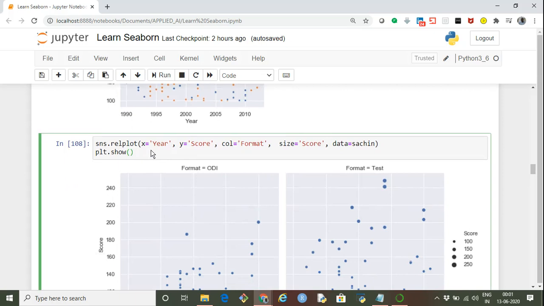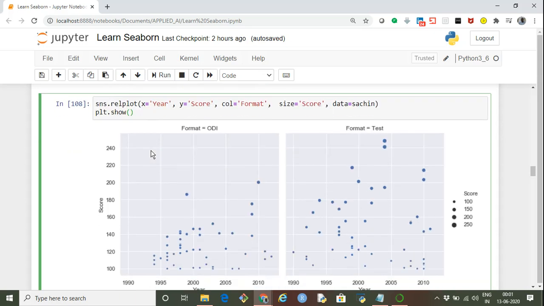Now, if I want to segregate the plots based on the format, I can add one extra parameter called col. Let's say I want to separate the plot into a columnar format based on some specific field. Then I can specify that using the col parameter. The rest of the things are the same: sns.relplot, specifying the x-axis, y-axis, and col is format.